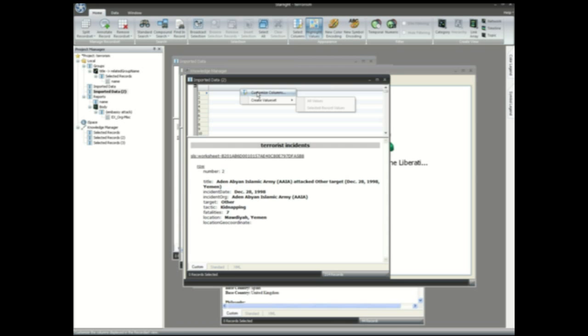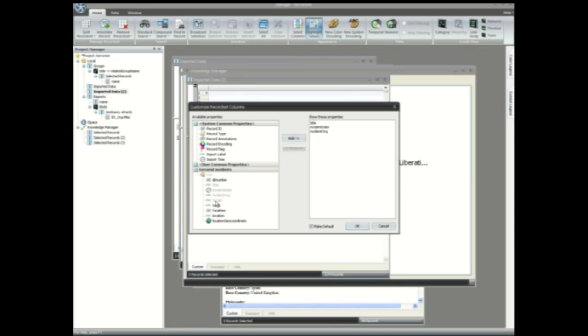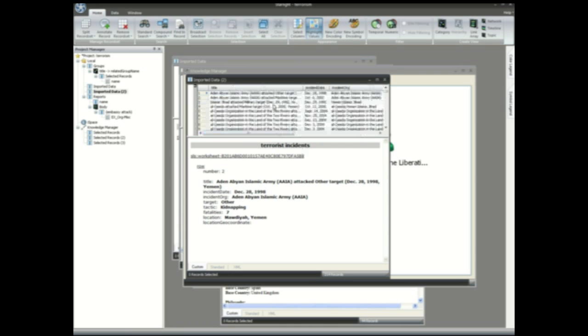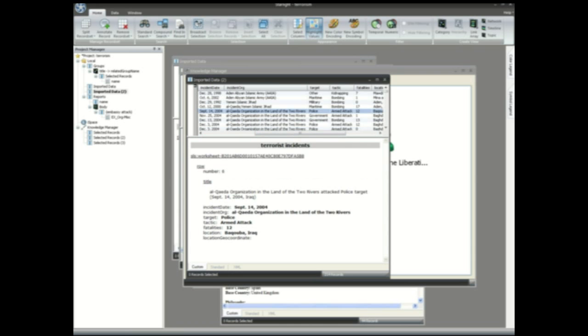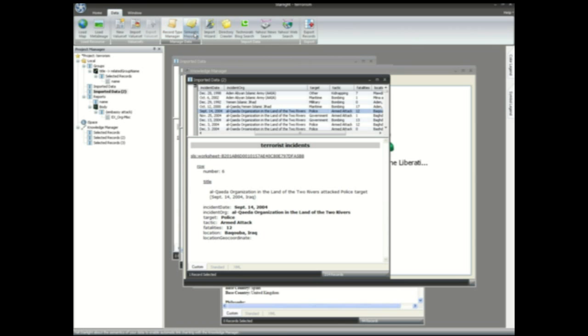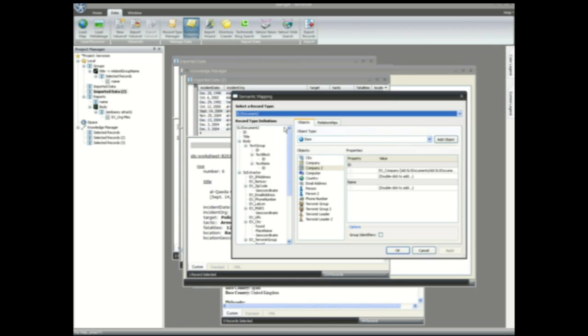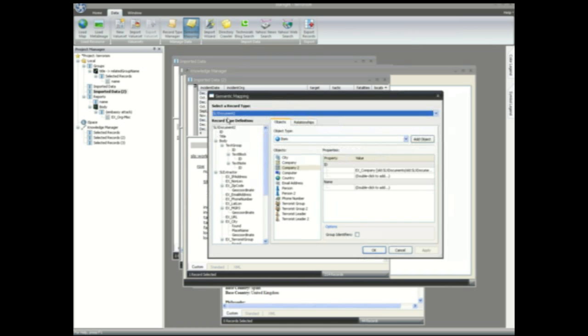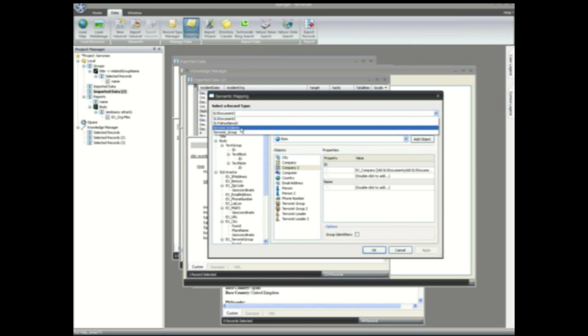All right, so I'm going to add all these different columns in here so we actually have something to look at. There we go. So we've got that same sort of tabular information at the top here. I was talking about the semantic mapping earlier, and this is the semantic mapping tool. For documents like Word and PowerPoint, PDF, web documents, text documents, that sort of stuff, we set up the semantics automatically for you, and that's how that automatic link analysis happens. But you can also set it up on your own. So for this terrorist incident stuff,